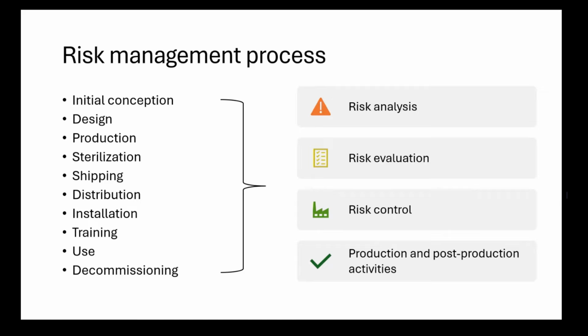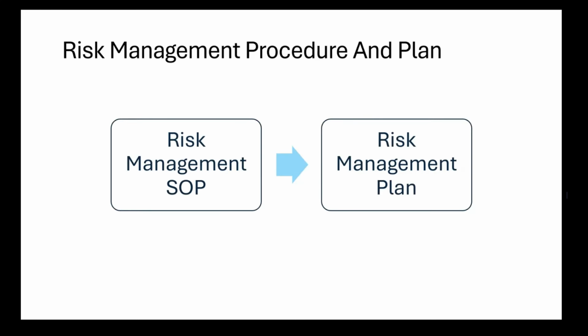Last but not the least, a lot of companies don't do this appropriately. Based on my experience, even after the product is on the market, the risk needs to be reassessed regularly. This is where you are supposed to get a feedback loop from complaints, incidents, literature data, and clinical evaluation reports that would help you refine your process. Each step ensures risks are not only managed initially but continuously addressed throughout the product life cycle. And all this, based on 14971, is supposed to be captured within a risk management procedure